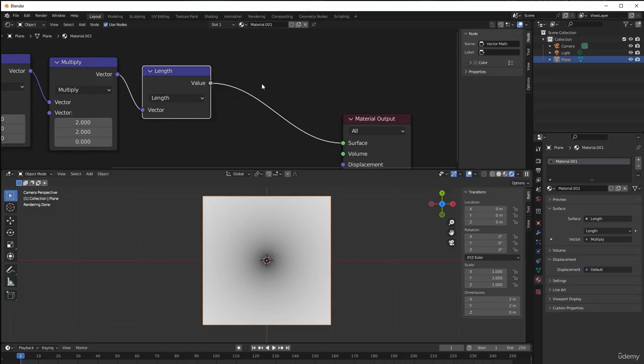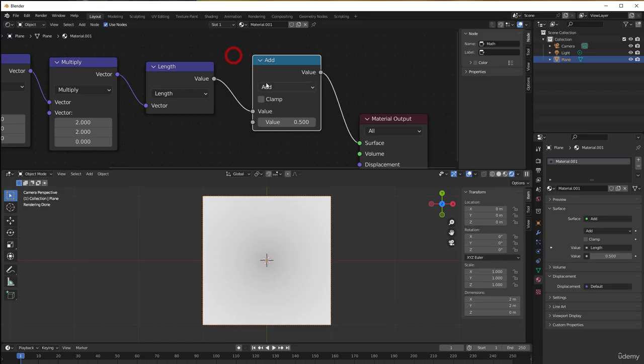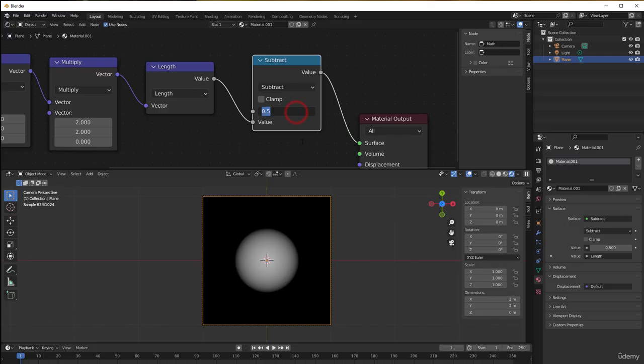So just take Shift A again, go to converter and select math, not vector math, because as you can see here it's a blue input, that means vector, but length converts that blue vector into a scalar value, a singular value, so we use the normal math. So Shift A, converter and math. Put that in and then put that to subtract